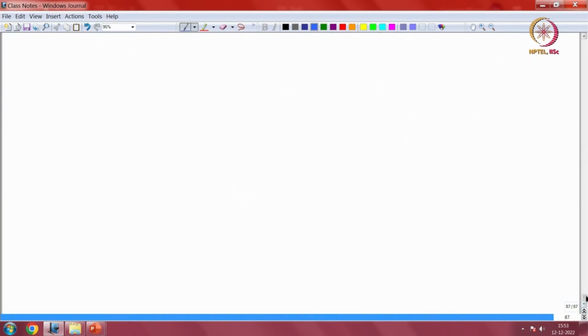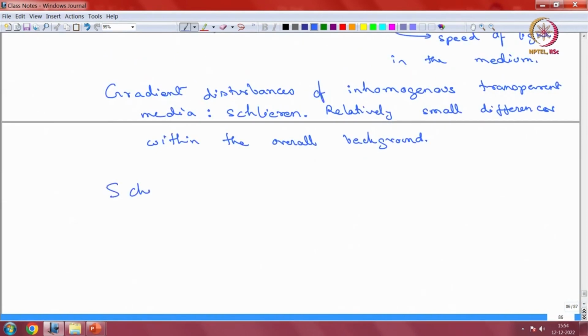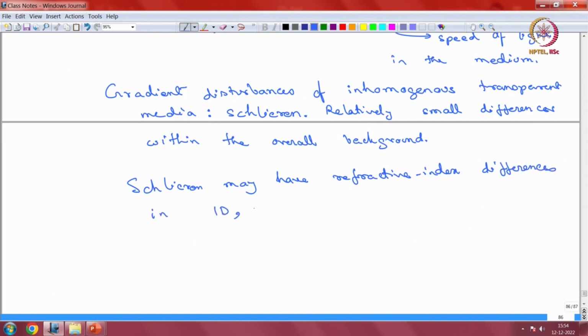So Schlieren differences, or rather, Schlieren may have refractive index differences in 1D, 2D or 3D. And this can occur for solids, liquids